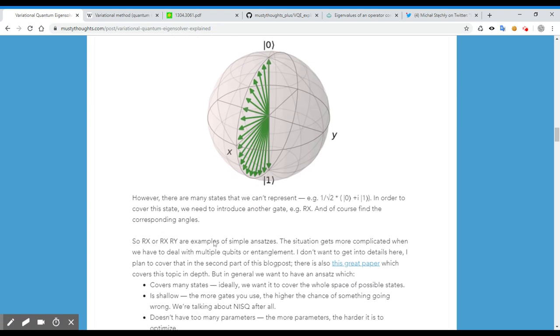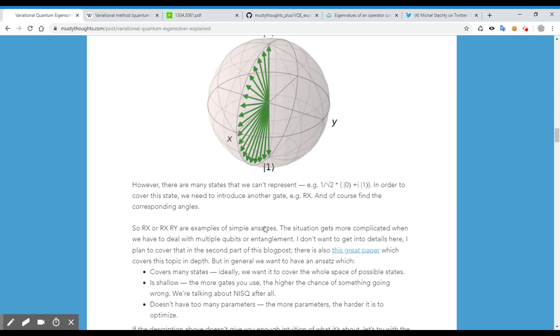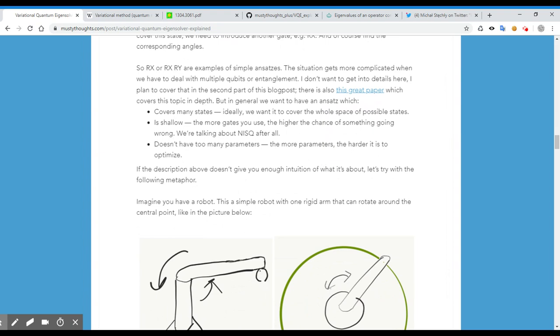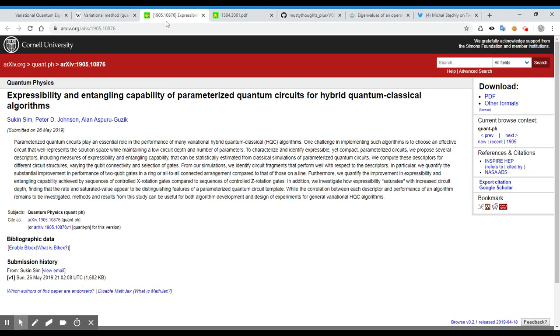However, there are many states that we can't represent. In order to do this, we need to introduce another gate, the RX gate, and of course find the corresponding angles. So RX and RY are examples of simple ansatzes. The situation gets more complicated when we have to deal with multiple qubits or entanglement. I don't want to get into details here. I plan to cover that in the second part of this blog post. There's a great paper that covers this topic in depth, but in general we want to have an ansatz which